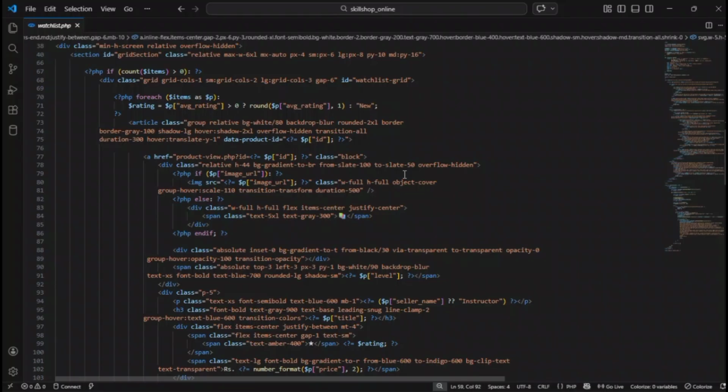So in here we have given a class relative, H44, background gradient from left to right, from slate 100 to slate 50, overflow hidden. So this image container has H44, which means a fixed height. The overflow hidden means that it prevents the image from overflowing, and then inside the container we place the image